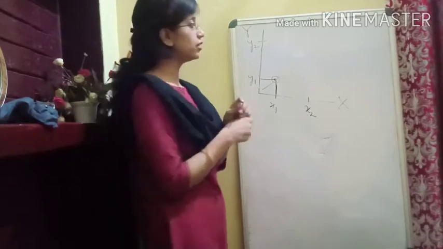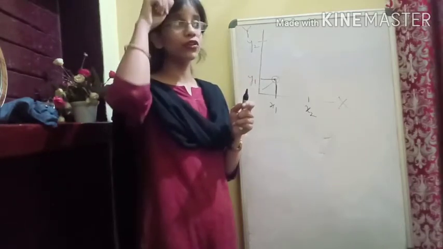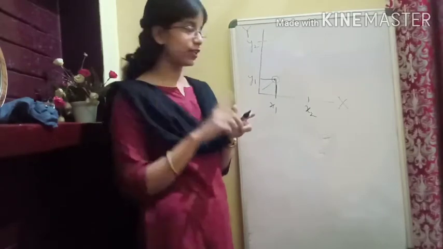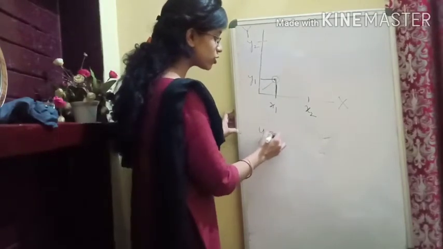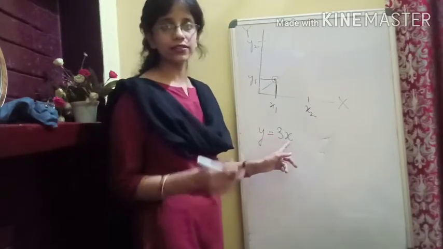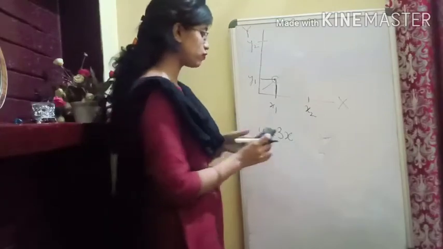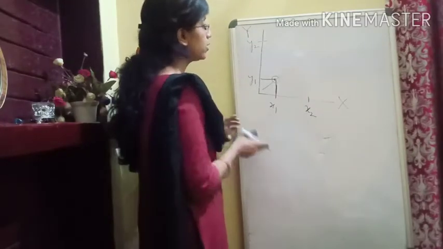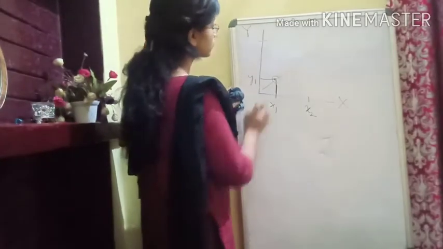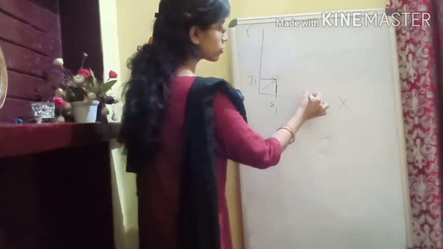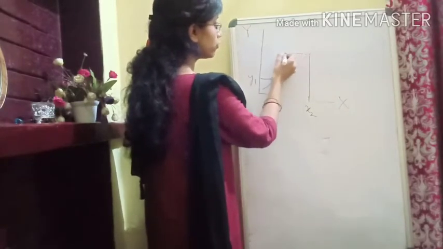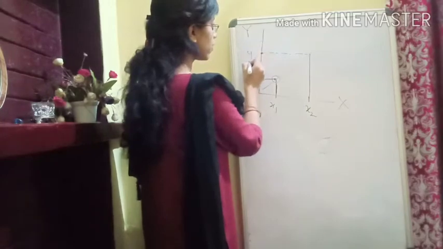You must have read these things in your class 8, where you were learning to draw the graph of a given line. If I give you one example, there was a question to draw the graph of the line y equals 3x, and that's how we took the points and drew it, if you can recall. Now if I talk about the second point here, for x2, that is the value on the x-axis x2, corresponding to which the value on y is y2.